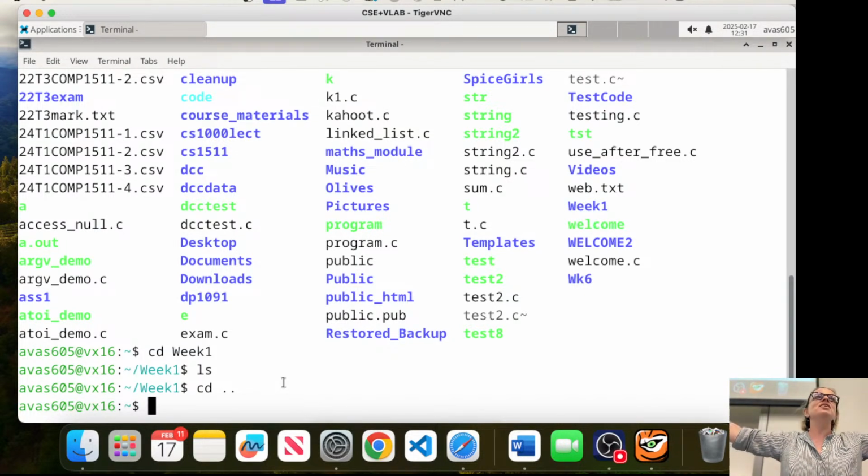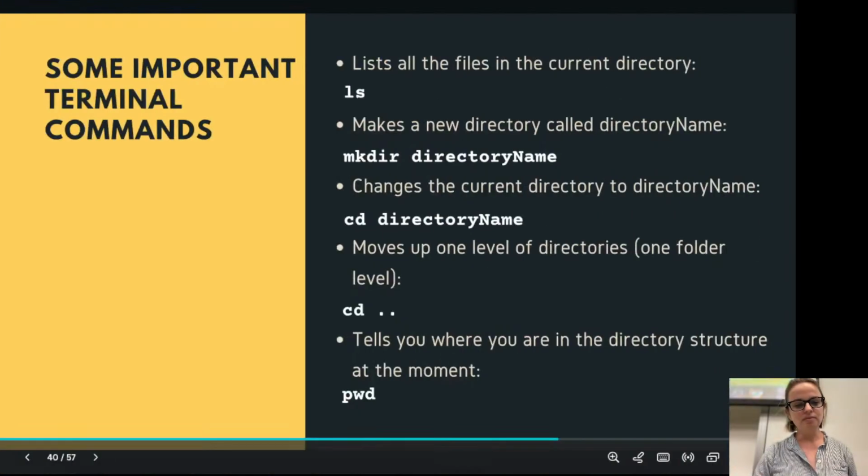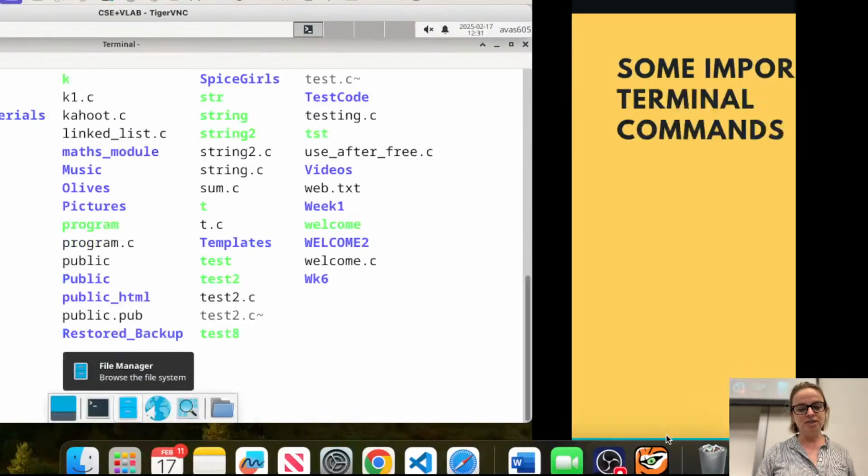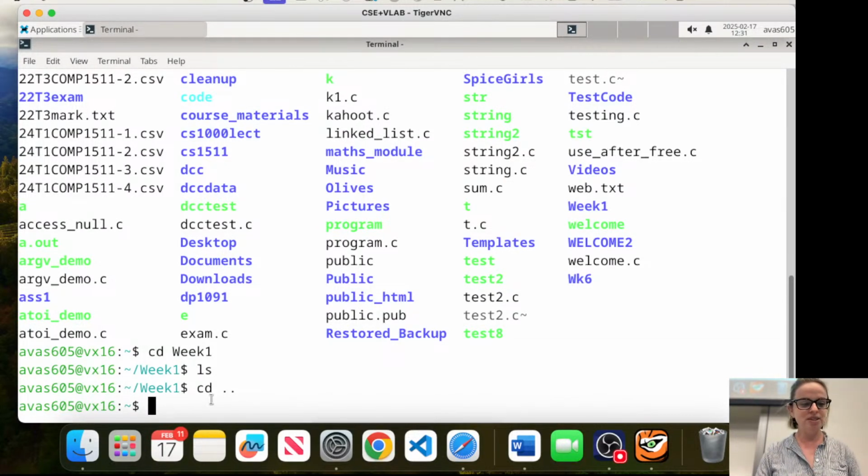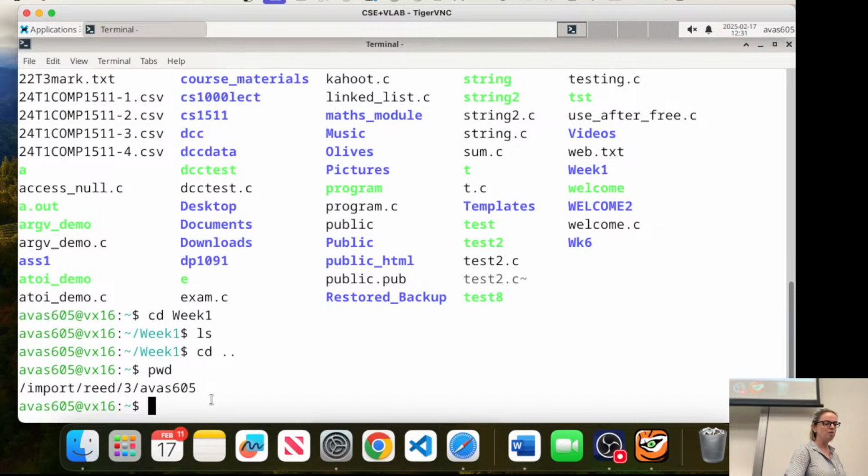Now, who knows what a directory is? Does everyone know what a directory is? Basically, it's just a folder. That's the modern name for it. And inside that folder will be some files. So the folder is the directory, and inside it will be the files. Sometimes I'm so lost, as you can see, that I need to find out where I am. So I print my working directory, and it tells me my exact location with all the folder structure.